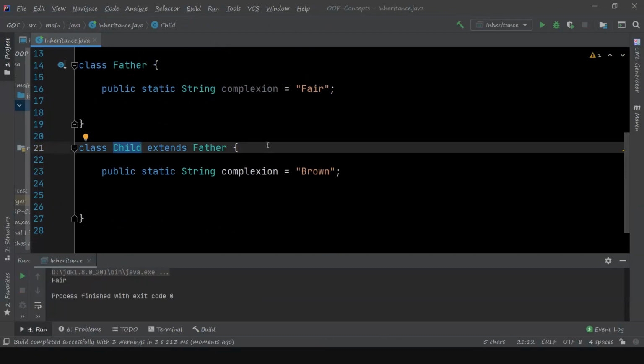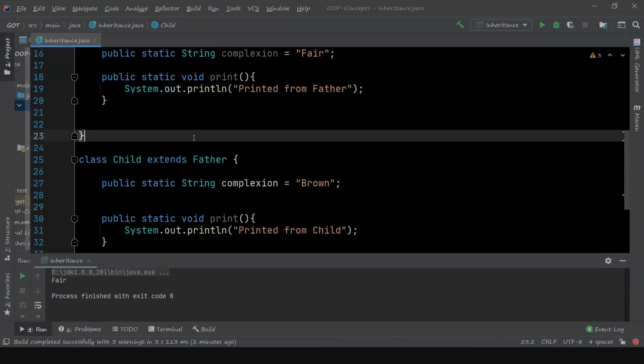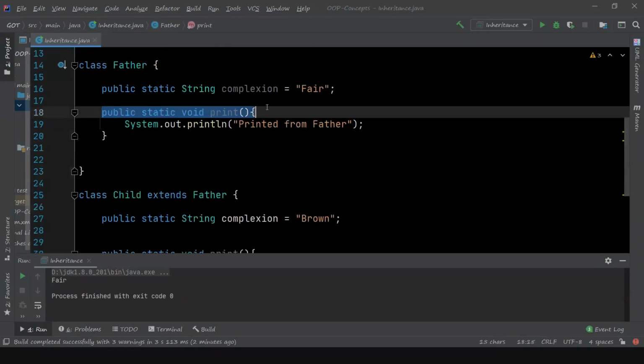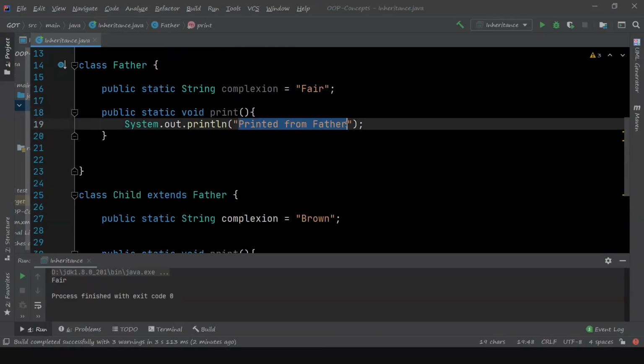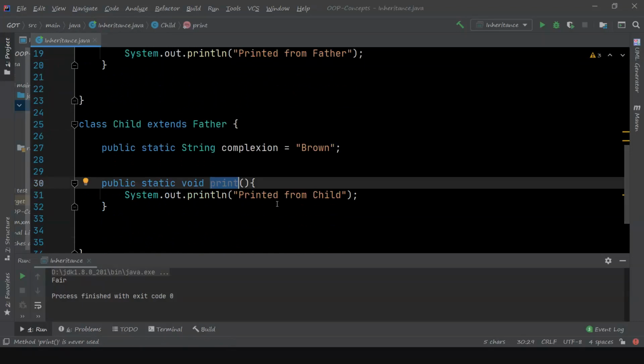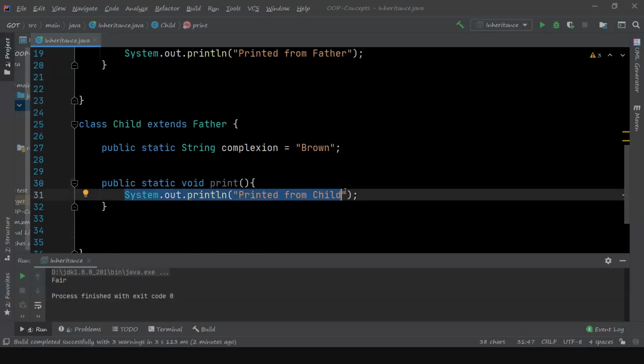Now let's look at one more example for static methods. Look at this example. This father class has a static method called print, and it prints from father. Similarly, the child also has a method with the same name print, and the signature is also the same, and it prints from child.